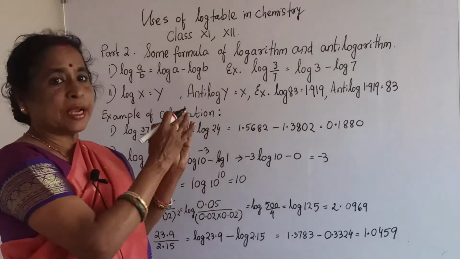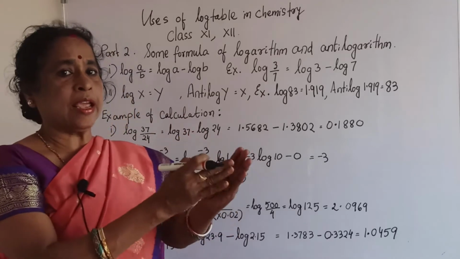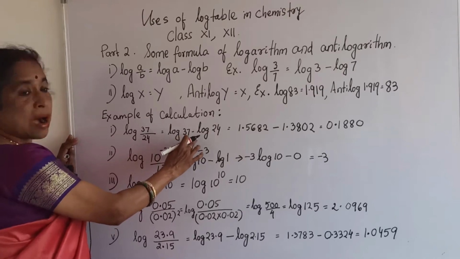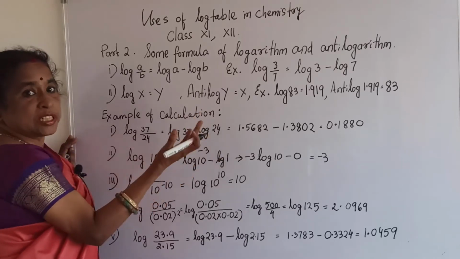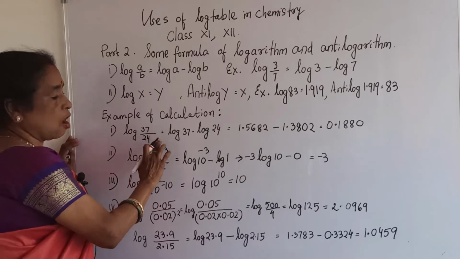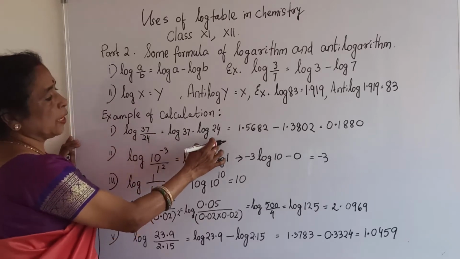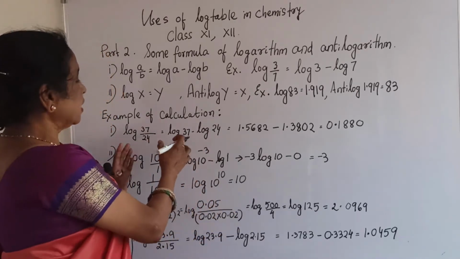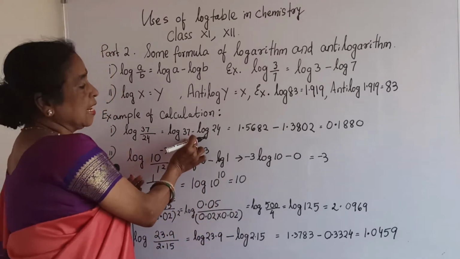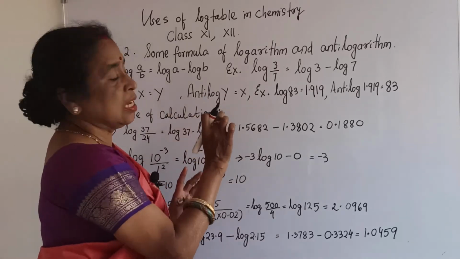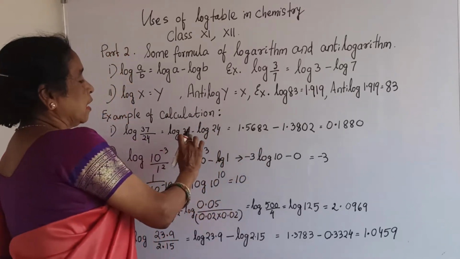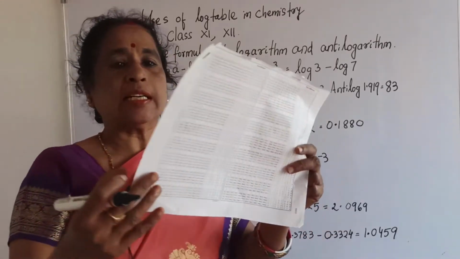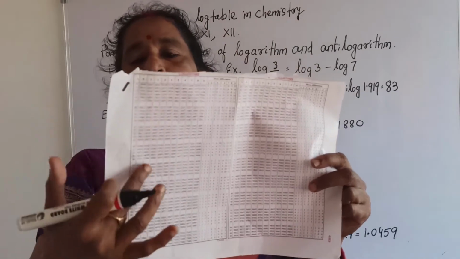Then I start an example of calculation, log 37 by 24. Log 37 by 24 means log A by B. So what you will do? Log 37 minus log 24. Now it is easy. Log A by B, log A minus log B. Then you know how to calculate log 37. You will see here two digits are there, that is why 2 minus 1, that is equal to 1 point,